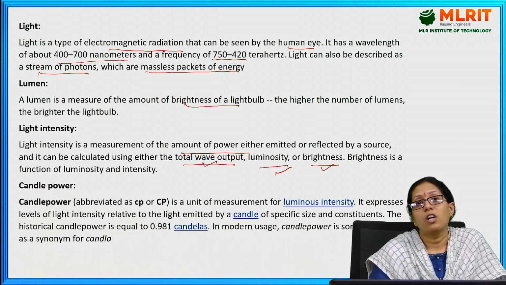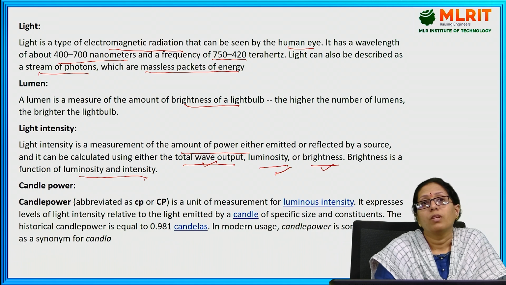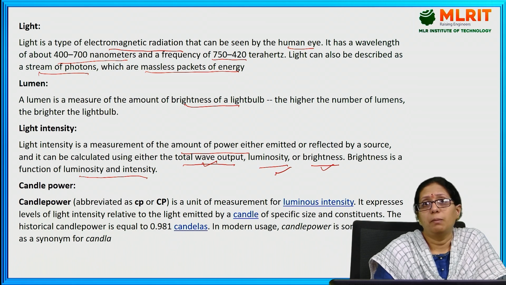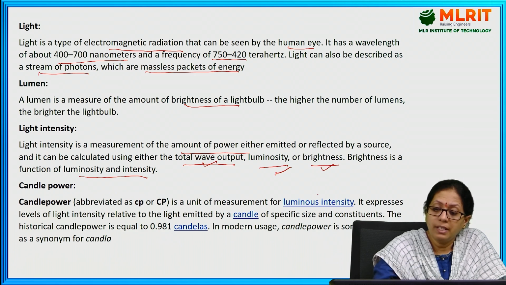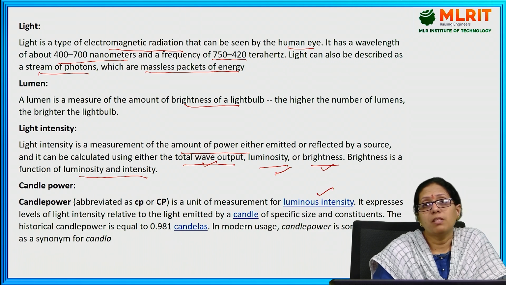Brightness is a function of luminosity or intensity. The next one is candle power. Candle power is a unit of measurement for luminous intensity. It expresses levels of light intensity